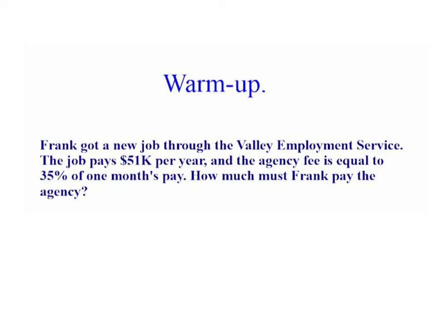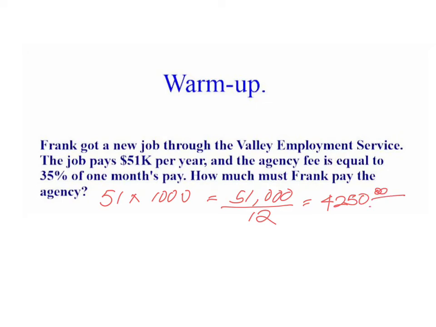So we should know by now, hopefully, that $51,000 means 51 times 1,000, which, of course, is $51,000. How many months in a year are there? There are 12. And if you divide 51 by 12, you get $4,250. To figure out what 35% is of that, we have to take that 35% and turn it into a